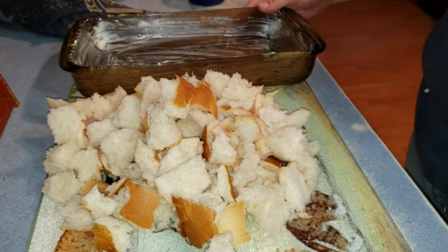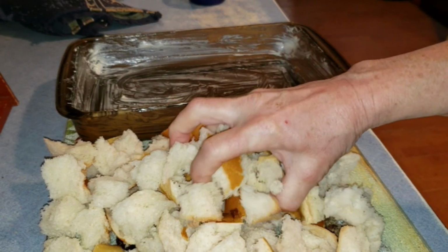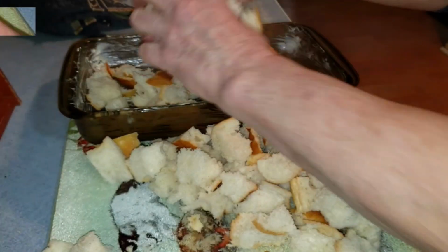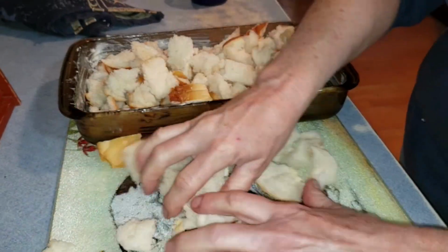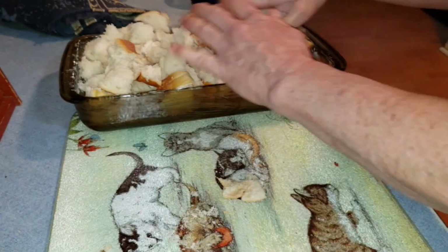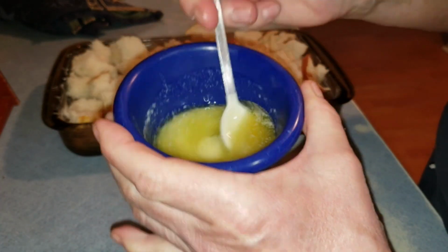Time to move all of the torn up bread into the buttered pan, and you can see the sizes that you're shooting for. That would be true whether it was sandwich bread or this French type bread. Once we've got all the torn bread in the dish, we're going to drizzle the top of it with about